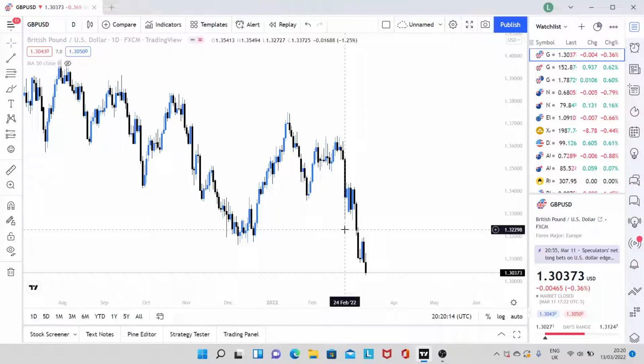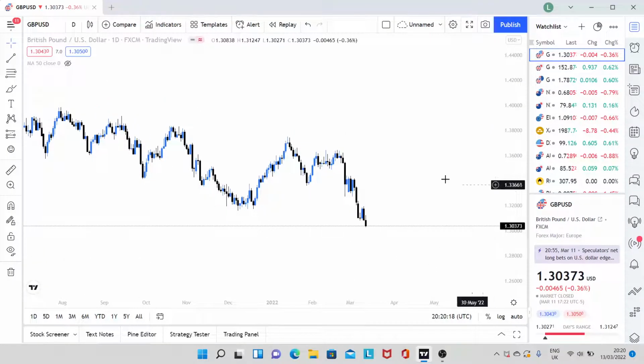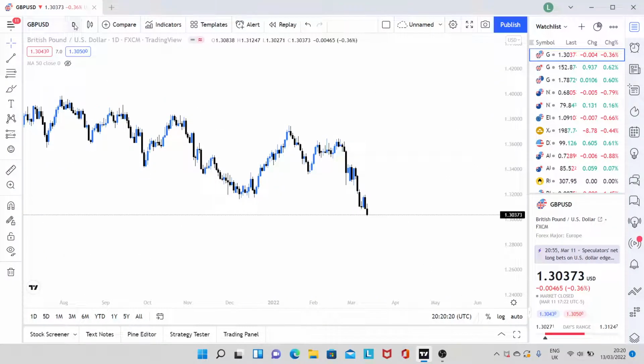So without further ado, I'm going to be doing my top-down analysis. Because I'm an intraday trader, I'm only going to be looking at the daily time frame, as you can see up in the top left-hand corner of your screens. I'm going to be doing the daily, the 4-hour, and the 1-hour. In my opinion, if you're an intraday trader or even a scalper, you don't need to go any higher than the daily. If you're a swing trader, then perhaps you might want to go into the weekly or monthly. But for me, at the moment, I'm only going from the daily down.